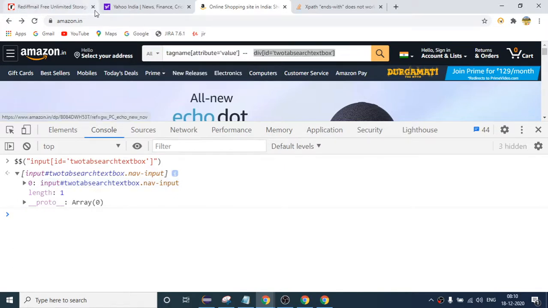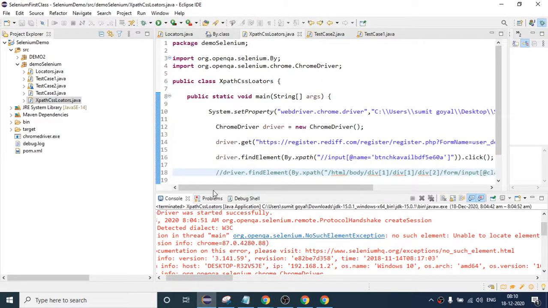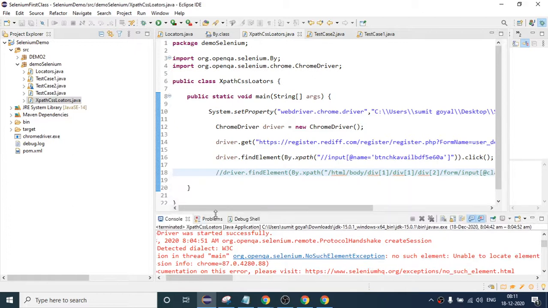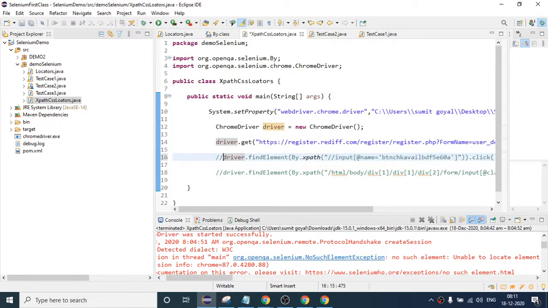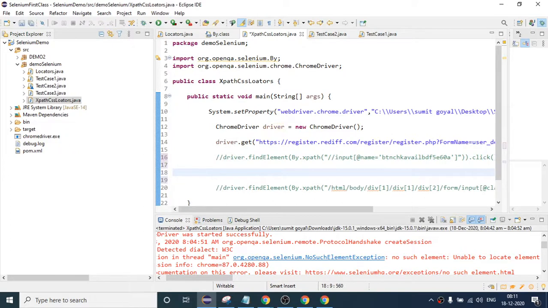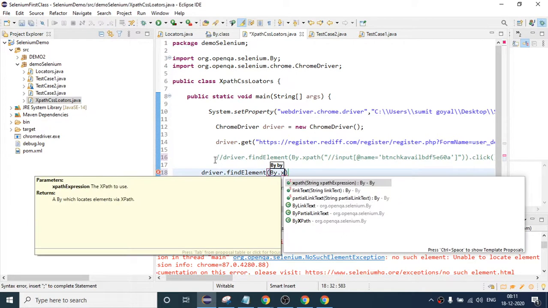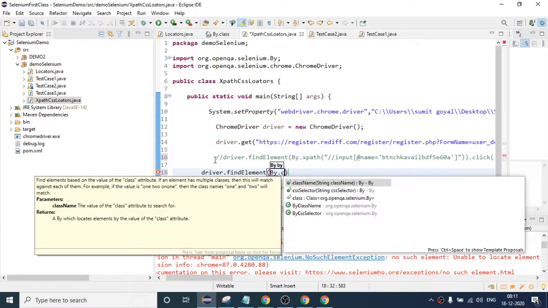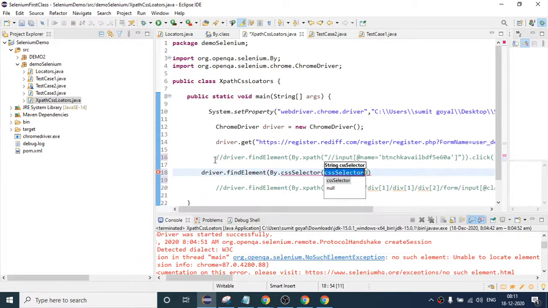So if I want to click on this, how we are forming CSS is clear to everyone. Yes. Okay, so again the same story we will write here. Now I want to say driver again. This is my object. It will have so many methods from the class. Find element. This time I want to find the element with the help of CSS, since XPath we have already seen. So say CSS selector, right? This is the method, and inside that you have to provide your CSS.